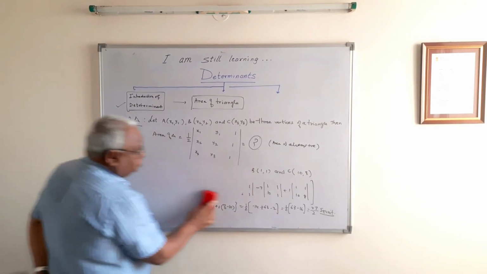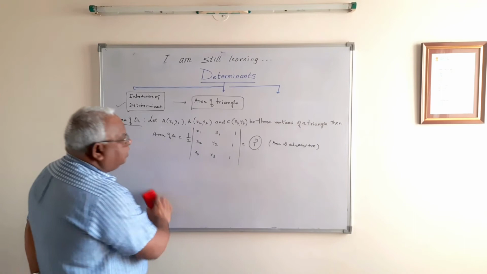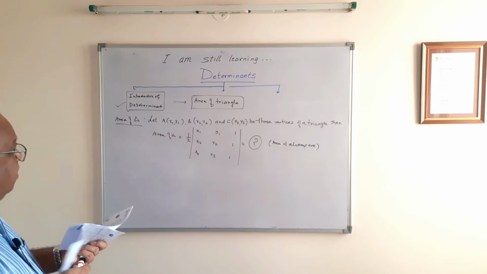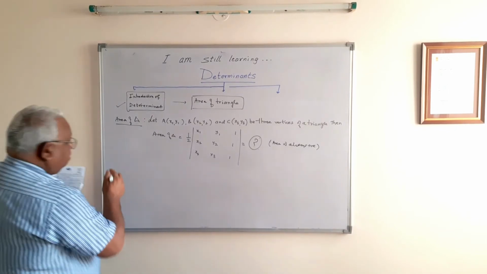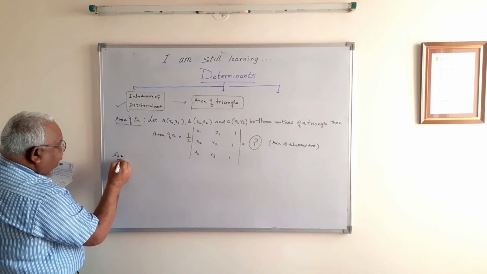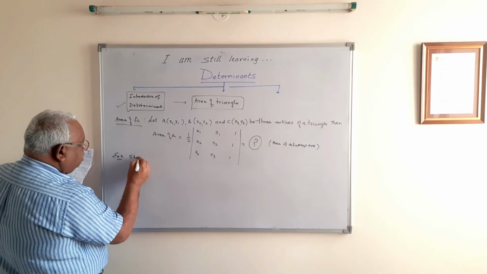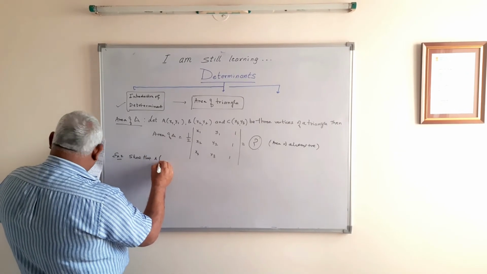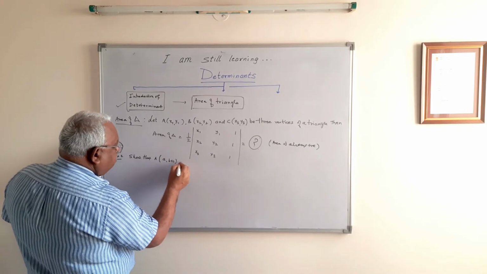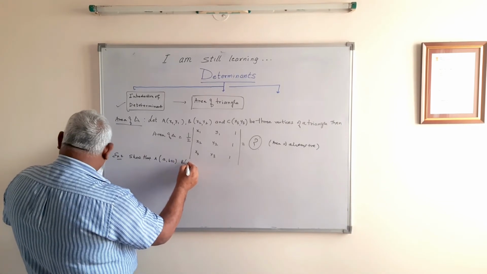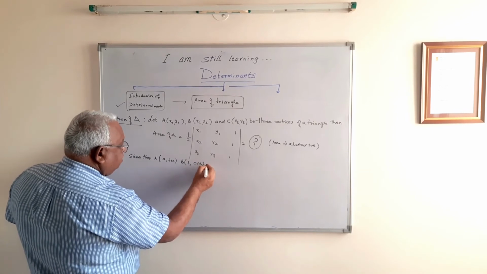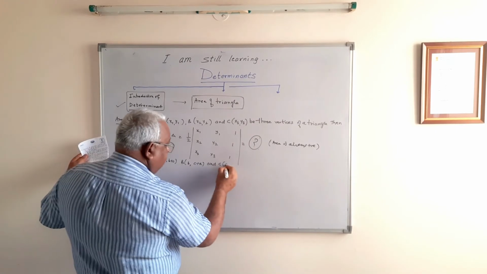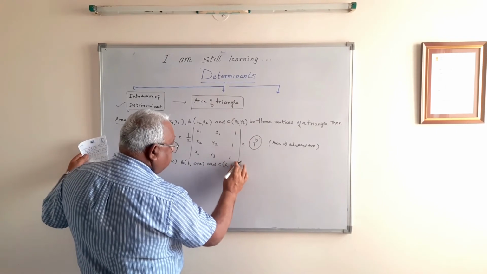Now, if you remember class 11, you might be remembering this type of example also. Show that the points (a, b plus c), (b, c plus a), and (c, a plus b)